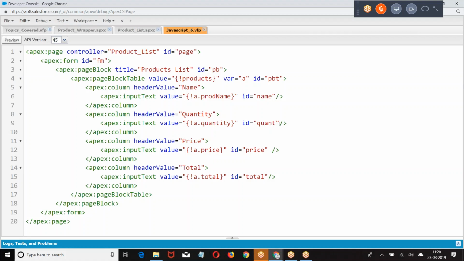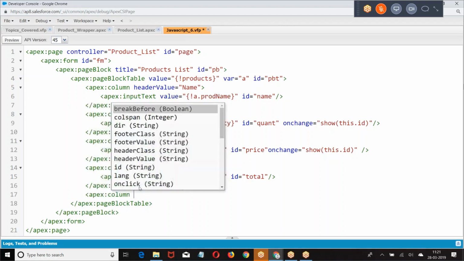So what I'm doing here, one change. This got it. At the same time, I'm adding one more column here, an FX column.